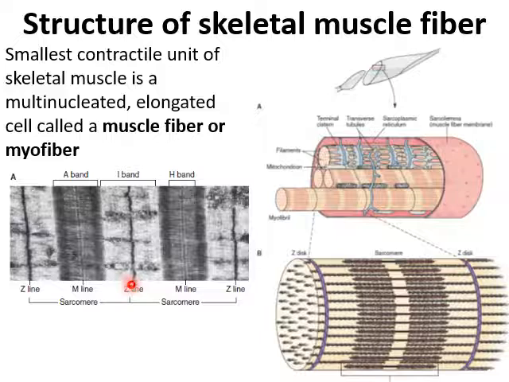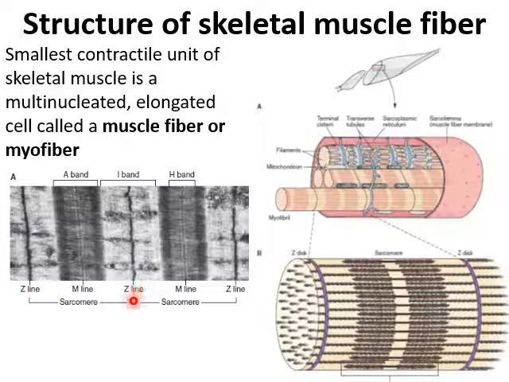The thin filaments run perpendicularly in either direction and terminate here. The gap between these actin filaments is called the H band. So here is the place where they terminate. This is the Z line. From here again actin filaments run perpendicularly and here they terminate. The area where they terminate is called the H band. The central part of the H band is called the M line.